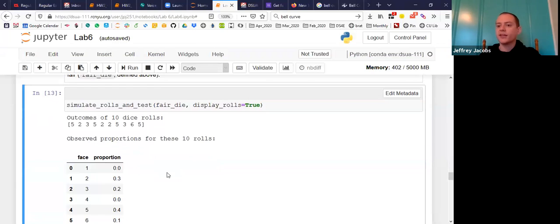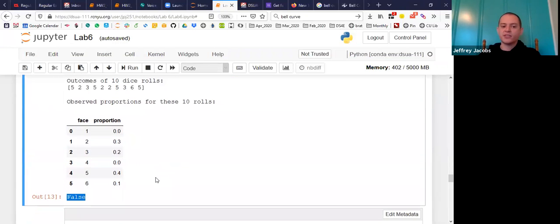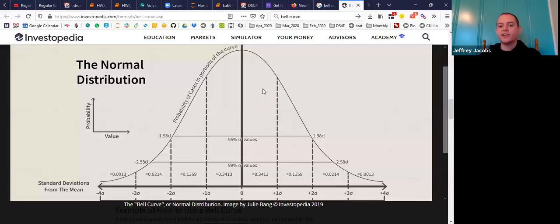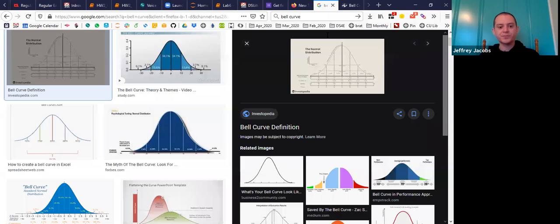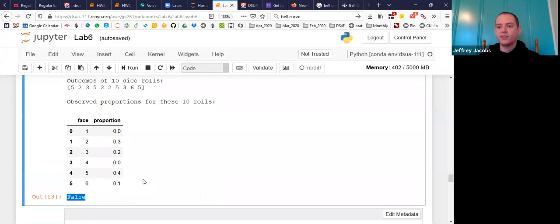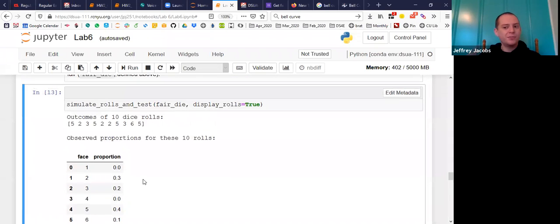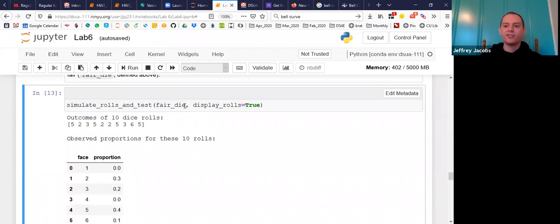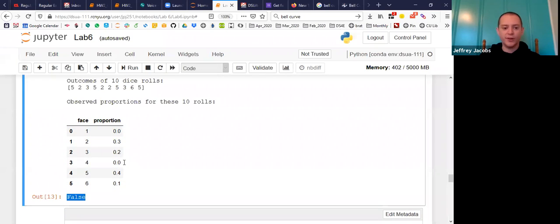I just, from rolling it 10 times, those 10 rolls came out so weird that its test statistic is so different from the test statistics I got rolling a die I know is fair 250 times that I'm going to reject the null hypothesis and say, no, I don't think this is a fair die. Just notice we actually gave it a fair die, right? It's just because of randomness. We gave it a fair die, but the rolls were so weird that it said, I don't think this is fair, right? And that is the lesson of this